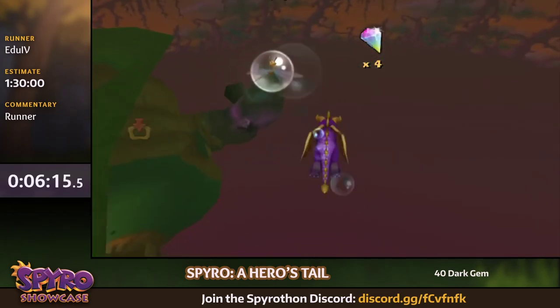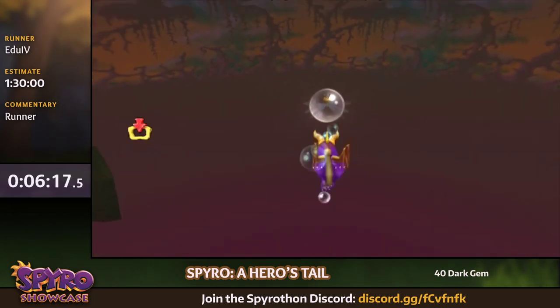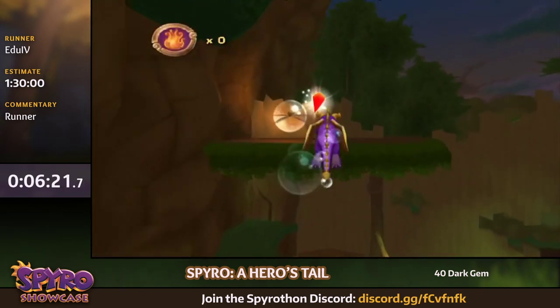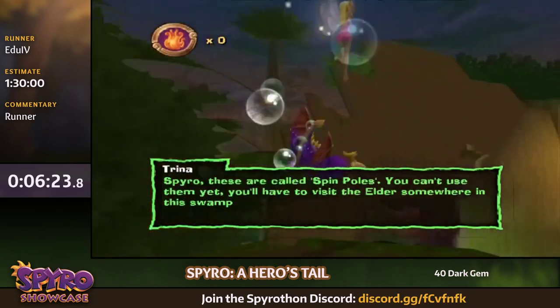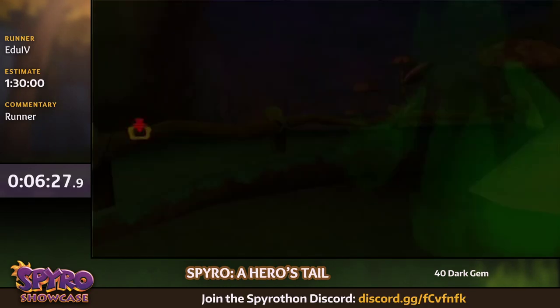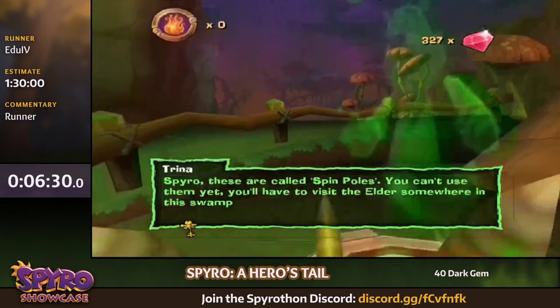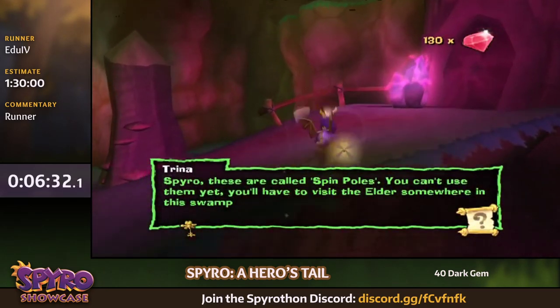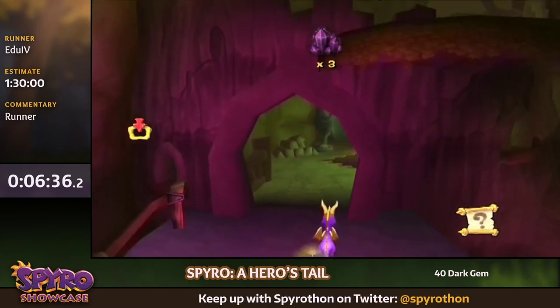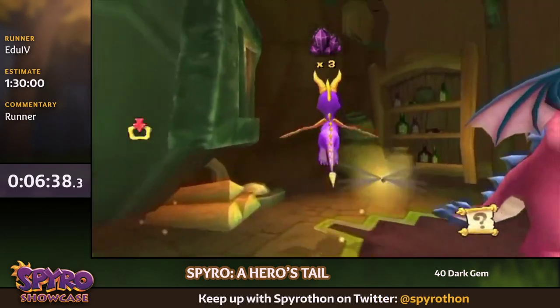So yeah, in 100% this is basically what you do for every level. You just get swim in air and then you grab everything that you can while swimming, because you can go through walls. And then after that you get rid of swim in air and then you take all the dark gems and chests and whatnot. Minigames. This is not 100%, so...